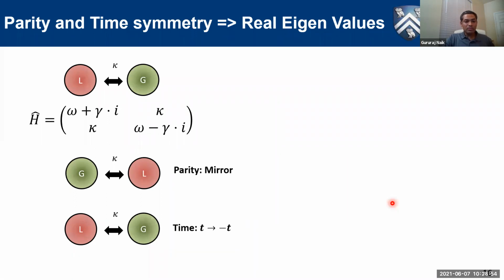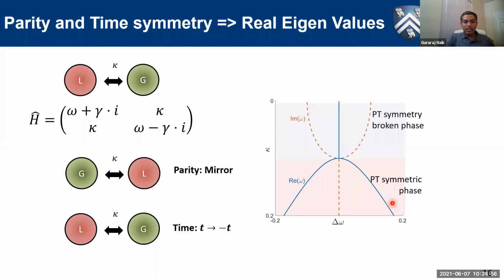But what happens when we reduce kappa? As we reduce kappa, at some point these two eigenvalues merge into one, which is called an exceptional point. Beyond that, if we reduce the coupling factor, the modes will be separated into the two resonators. The coupling constant is weaker than the rate at which they lose or gain energy, so the modes are separated into the two resonators individually, where one gains energy and one continuously loses energy. So I have one with a positive imaginary part and another with a negative imaginary part, but the same real part. They both have the same real part of the eigenvalue.